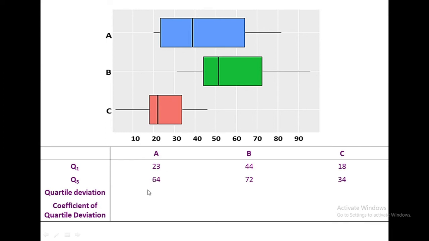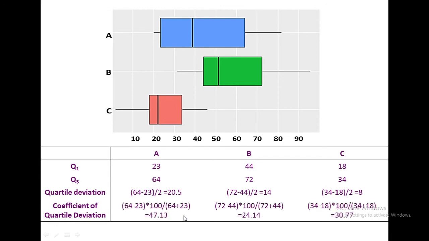Now we can calculate the quartile deviation for these 3 sections. For section A it will be (64 minus 23) divided by 2, or 20.5. For section B it will be (72 minus 44) divided by 2, it will be 14, and for section C it will be (34 minus 18) divided by 2, it will be 8. For coefficient of quartile deviation, we can also put the values of Q3 and Q1 in all these different sections. The coefficient of quartile deviation for section A will be 47.13, for section B it will be 24.14, and for section C it will be